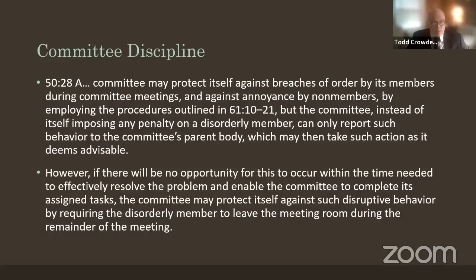A member who fails or refuses to speak in an orderly or courteous manner may be denied the right to the floor, and if necessary, may be expelled from the meeting by the order of the presiding officer or by a vote of the assembly. Sorry, they may be expelled. Well, not in your case though, because the city code prohibits that.